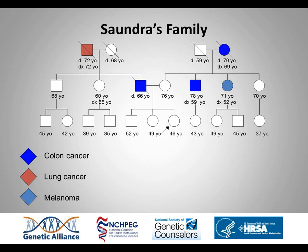So based on the information that we have here, we're looking for red flags. What we see is that there are many people in the family who have had cancer: colon cancer, lung cancer, melanoma. And some people have had the same kind of cancer. So it's true that many people have been diagnosed with cancer. However, these diagnoses are not consistent with a hereditary or strongly genetic form of cancer. They're more consistent with cancers caused by environmental exposures or just that risk that we all have as part of